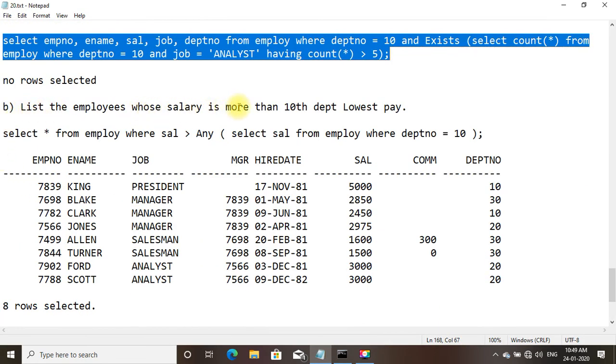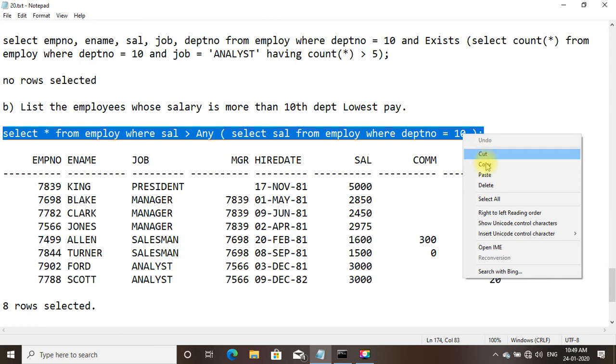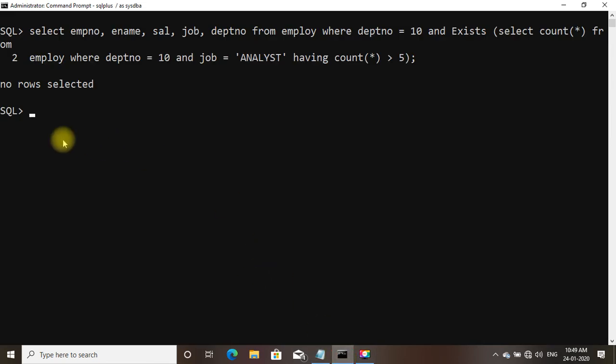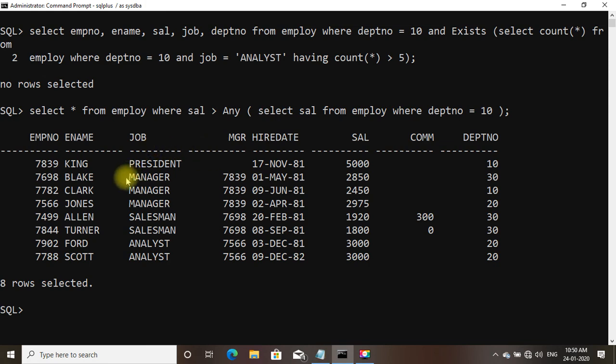List the employees whose salary is more than the 10th department's lowest pay. This is the query: select star from employee where sal is greater than any (select sal from employee where department number is equal to 10). So these many rows have been selected.